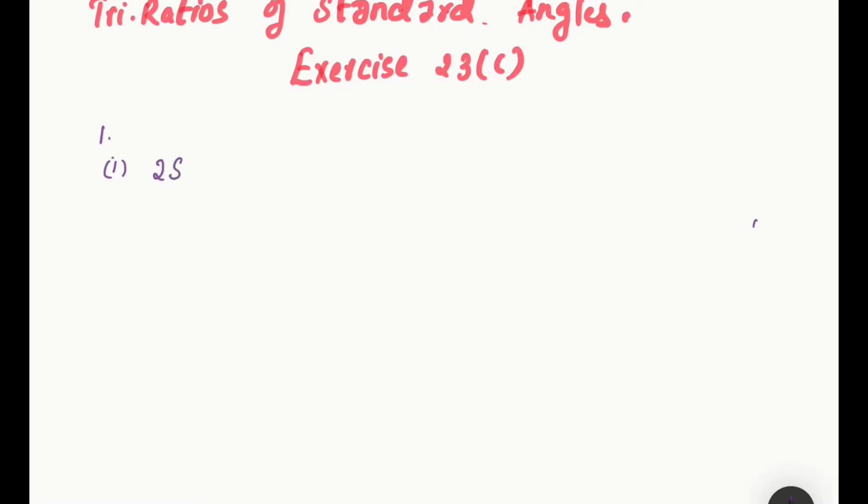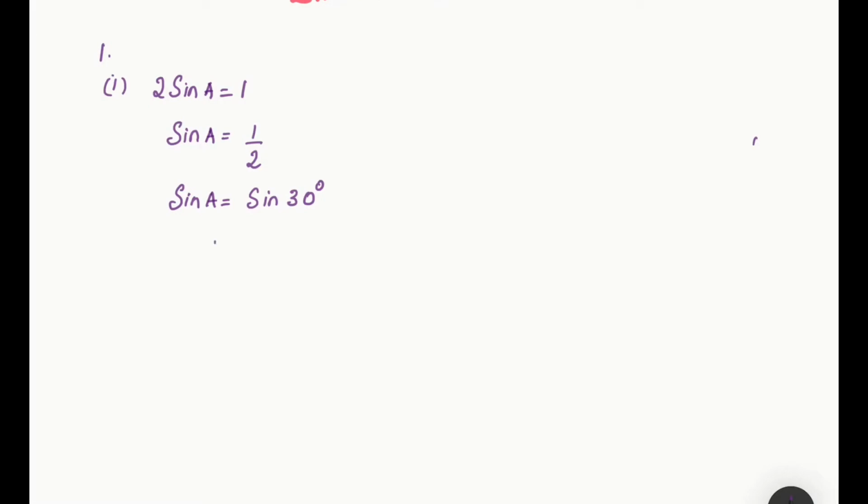It is given to us that 2 sin A equals 1. How do we do it? Now we just keep the trigonometric ratios on one side and take the numbers to the other side. So you get sin A is equal to 1 by 2. So you tell me, for which value of sin do we get 1 by 2? So you get sin A equals sin 30, because we know that sin 30 is 1 by 2. So here clearly you get A is equal to 30 degree. Okay, is it clear to you?